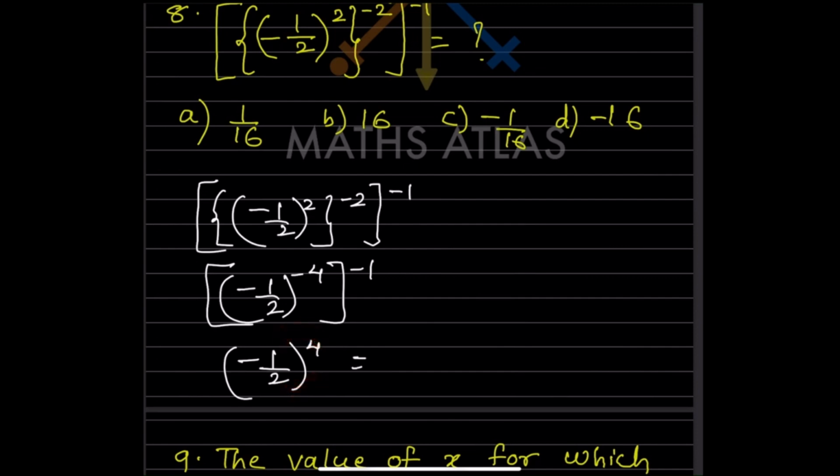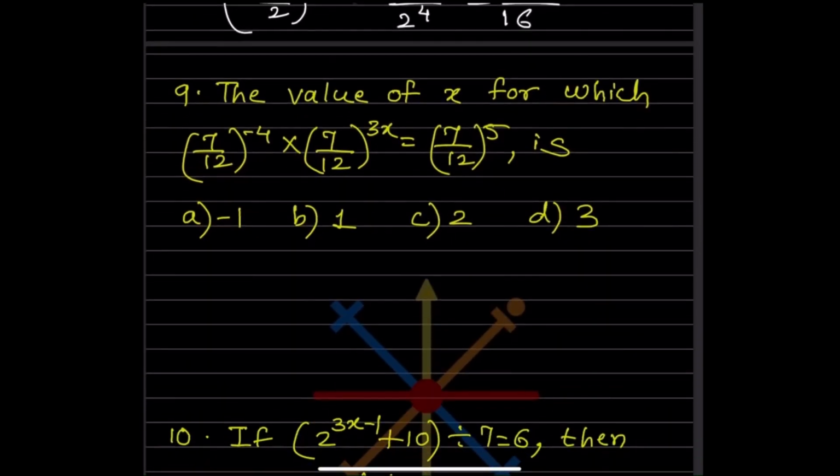So here 1 is going to be 1 itself because that is 4 times, so that becomes positive 1, and this is going to be 2 raised to 4. Again this is 4 times, means that is going to be positive. So this will be what? That will be 1 by 2 raised to 4 means that is going to be 16. So that is going to be 1 by 16, that is the A option. Now the value of x for which one?